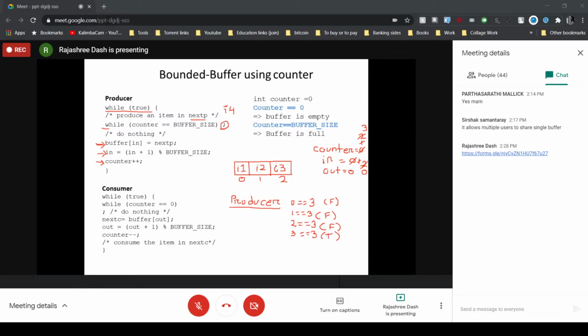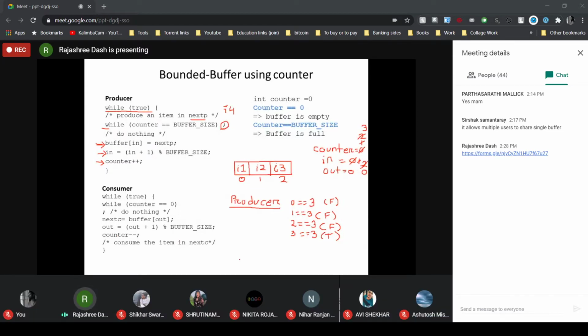So in that case, the producer is simply doing nothing, only executing this semicolon, and going again to check the condition. Repeatedly it will check this condition. It will loop here in this while statement, repeatedly busy checking the condition until the condition becomes false. While the producer is doing this, let the consumer, which has not yet started its execution, start at this point.